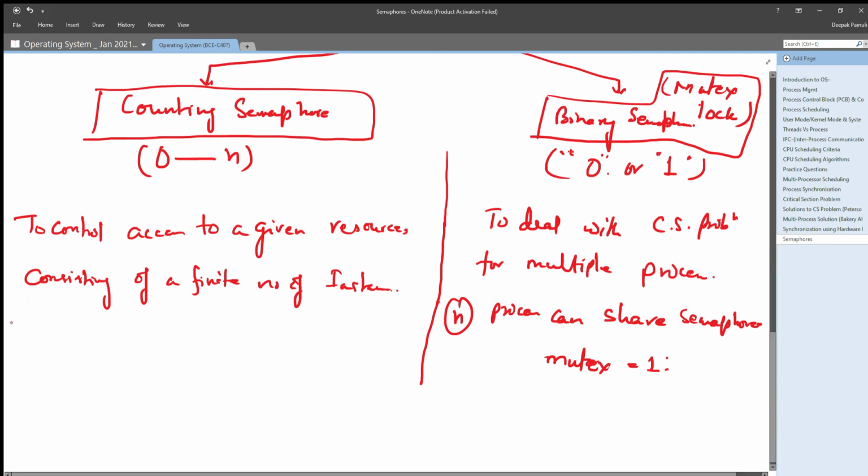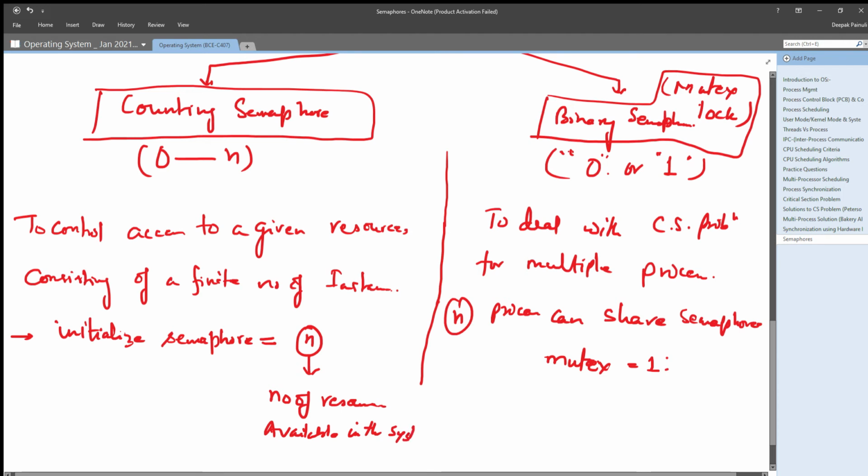For that, what you have to do, you will initialize your semaphore, whatever name you have given, with n. What is n here? It is the number of resources available in the system.